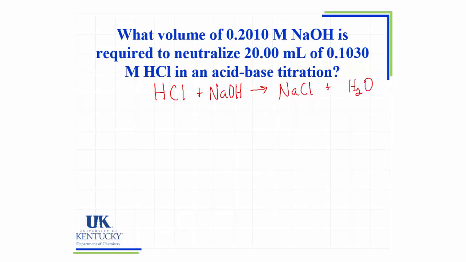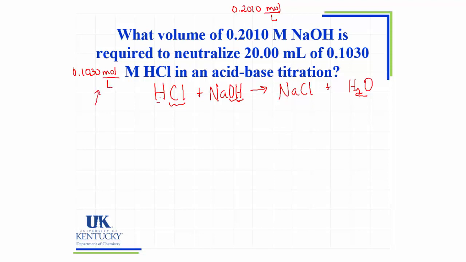Similar to the way that we looked at precipitation reactions where we were swapping the anions, we're basically doing the same thing here. We see that we have a balanced equation, and now we can start our stoichiometry problem. Now what I want to do is rewrite my concentrations in terms of moles per liter. That's going to make it easier for me to see how I'm going to use them when I set up